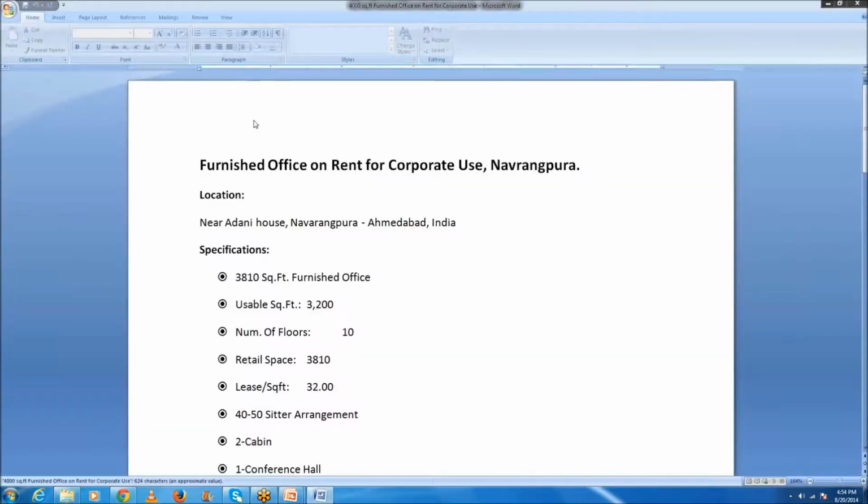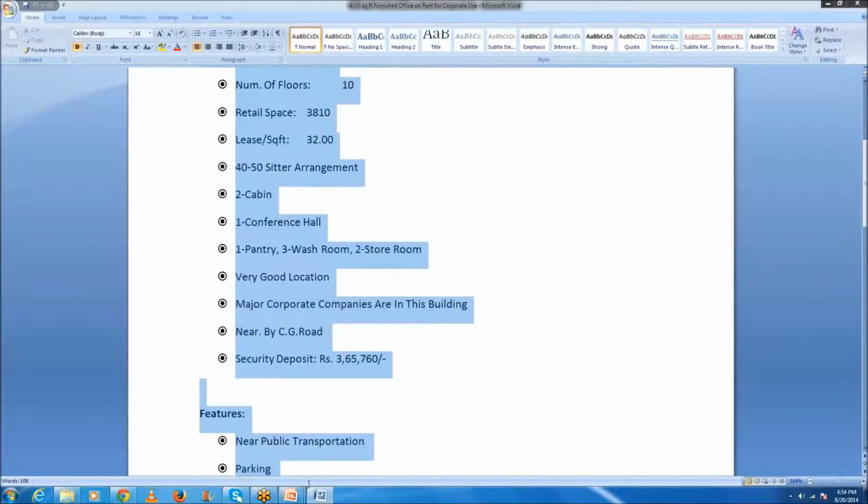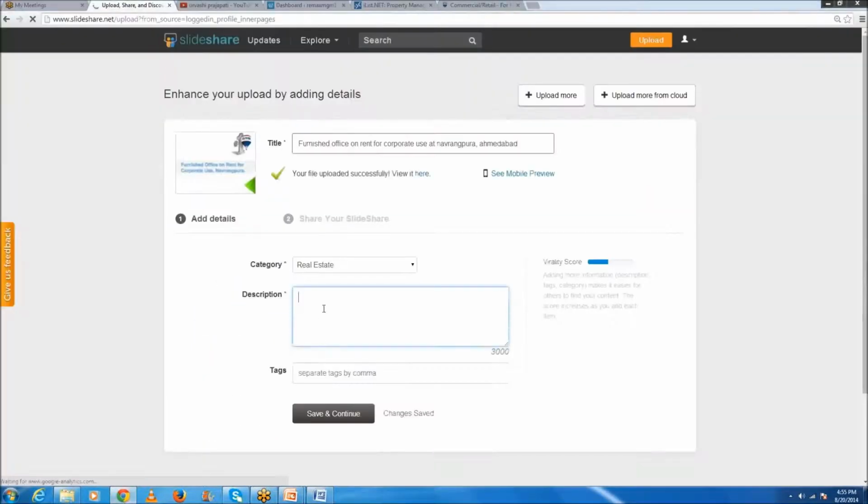You keep a Word document ready where all the details are written properly, which you need to upload. So now we'll copy it here. So you see the virality score increase here.